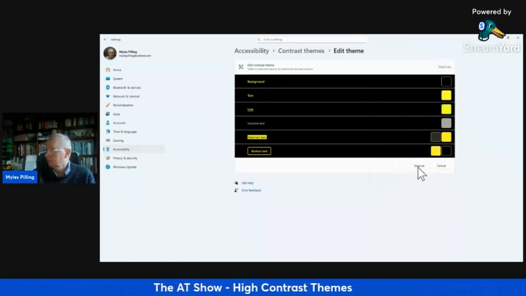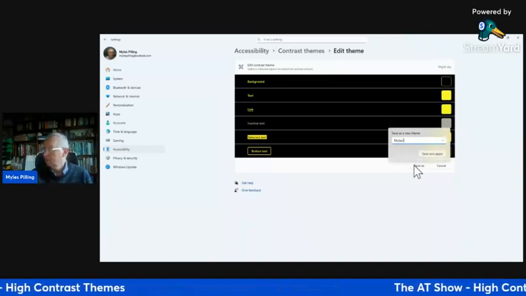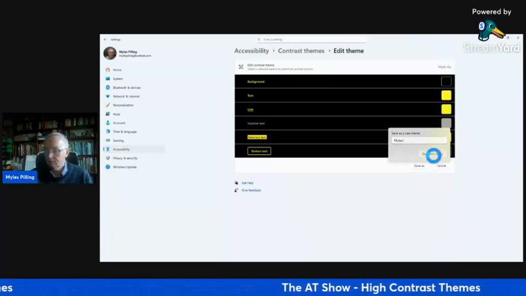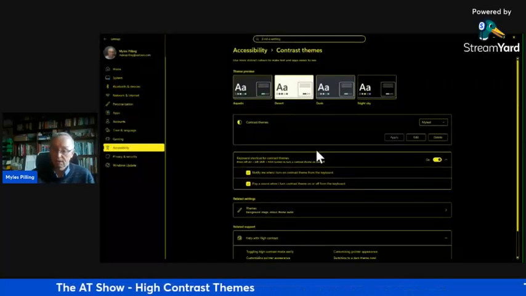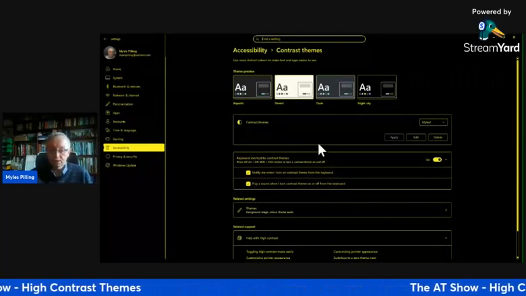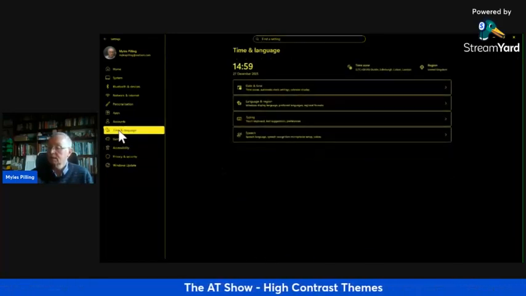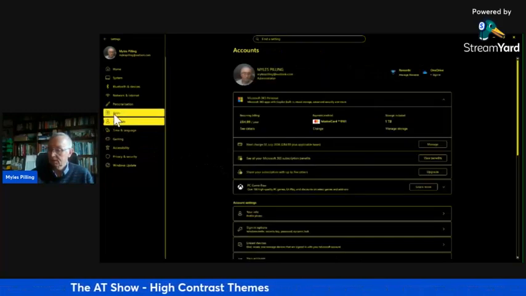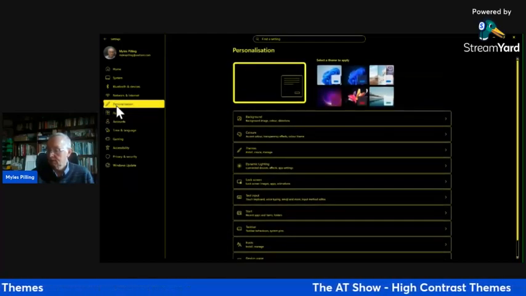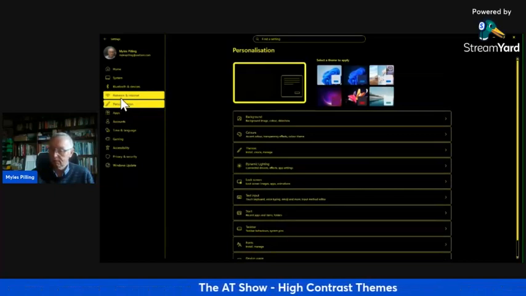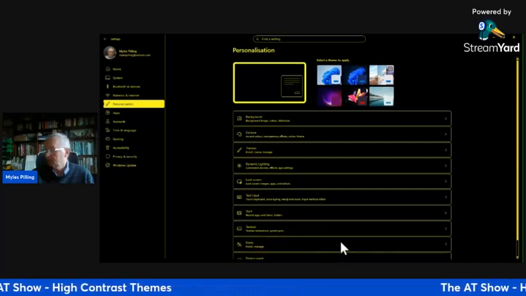Now, if I come to save that, it would be saved as a custom build for me. But I recommend that if we save that, that will then begin to look a lot like this, so that everything has changed on my screen. And you can see that the highlighting, everything up here has changed as well. So this gives a good contrast. And for a lot of people, this kind of background would work for them, especially if they went on the internet. So if I go to a site with lots of links,